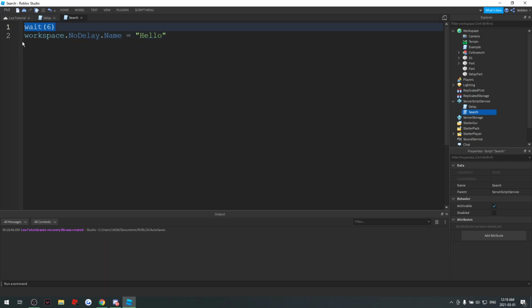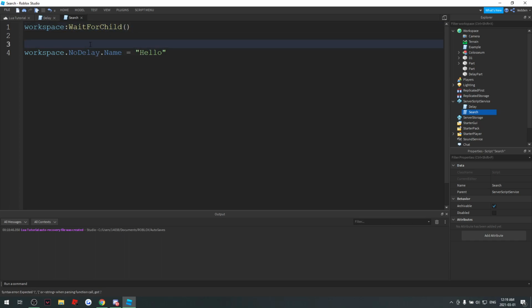Now, a better way of doing it is we're gonna wait until it exists, until it's there. So what you do is Workspace, wait for child. What this does is it's going to wait until whatever object you're looking for is there. It'll wait for however long it needs until it's there. This can cause infinite